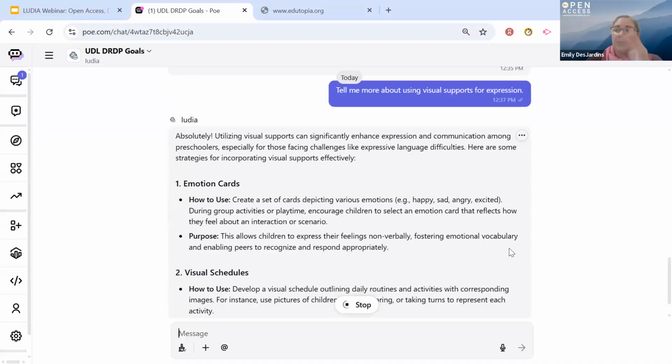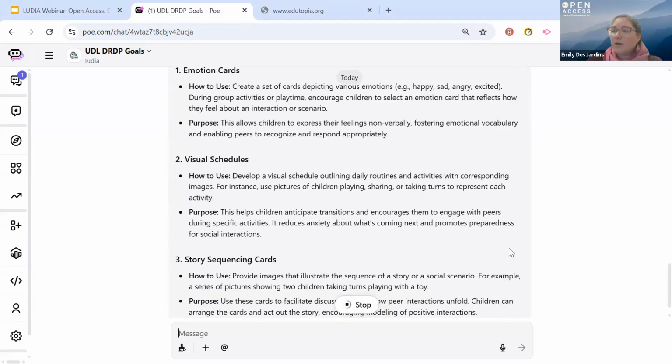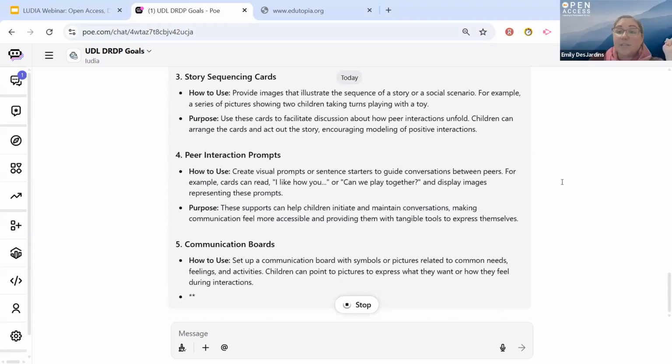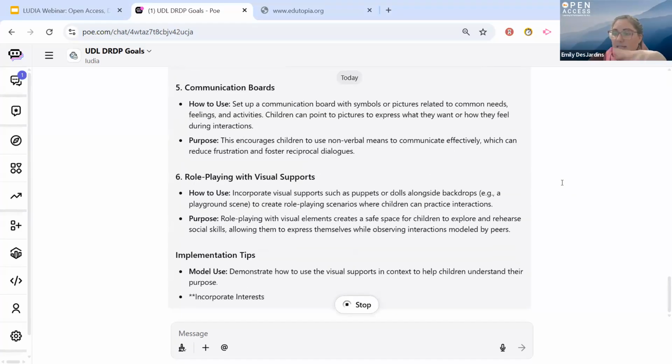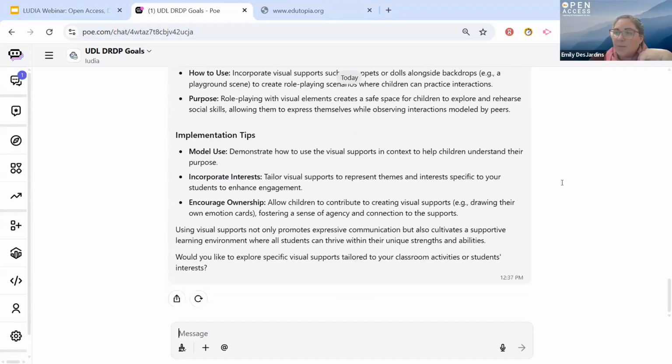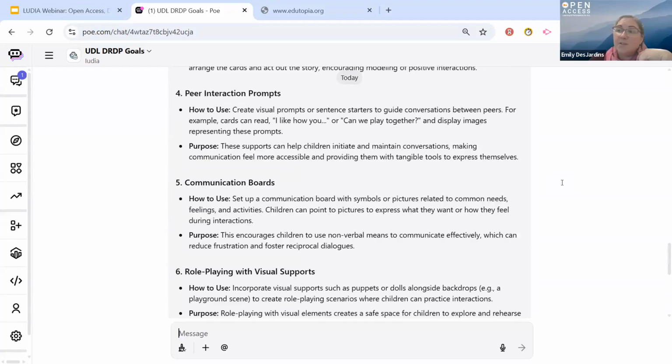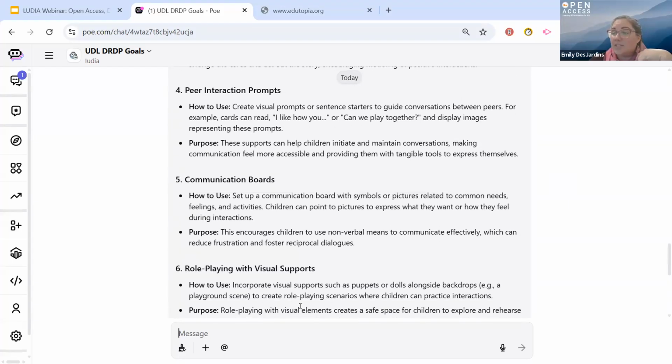So it's going to explain emotion cards, visual schedules, story sequencing cards, peer interaction prompts, communication boards, role playing with visual supports, and then some implementation tips. So I'm going to pick just one of these. I'm going to do peer interaction prompts because that's always lovely. I'm going to say, I would love to implement peer interaction prompts. Can you please create an age-appropriate